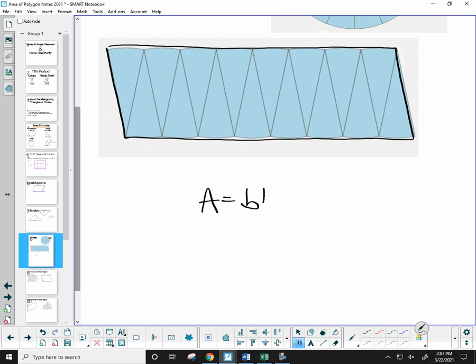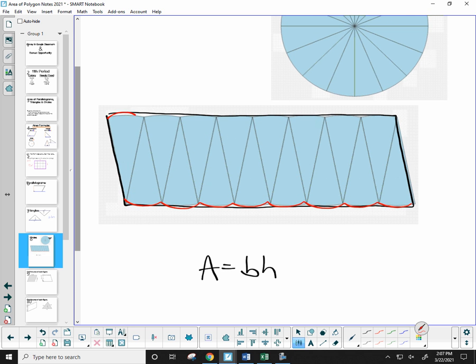Base times height. All right, so let's think about the base and the height of this funky looking parallelogram. My base is really these curved pieces here, right? Where do those curved pieces come from? The curved part of the circle, right? They're all a bunch of little arcs put together. Okay, so if I were to take all of these arcs